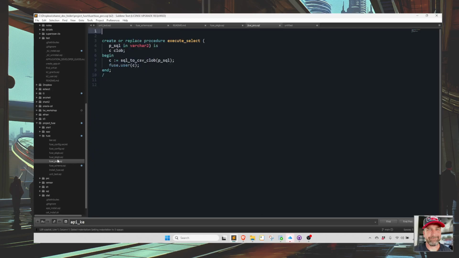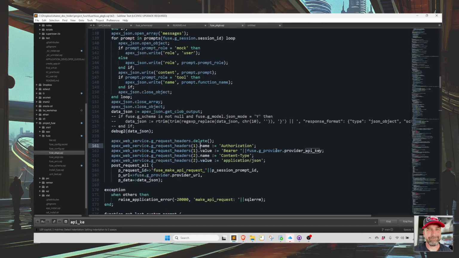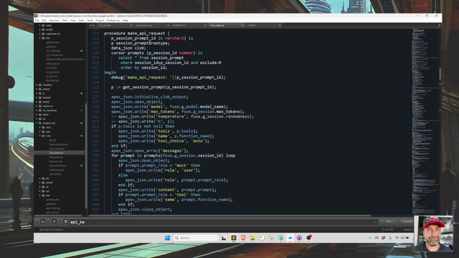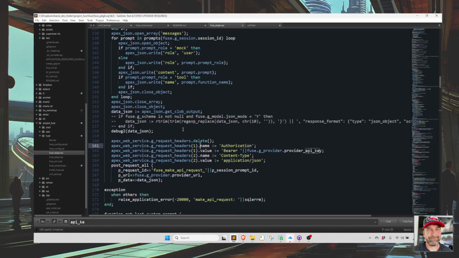So we're getting our API key and we're doing this in the make API request. So the issue becomes we need to know which API key. The advantage of having it in a table is once we set the provider, we can just get the API key. The disadvantage,